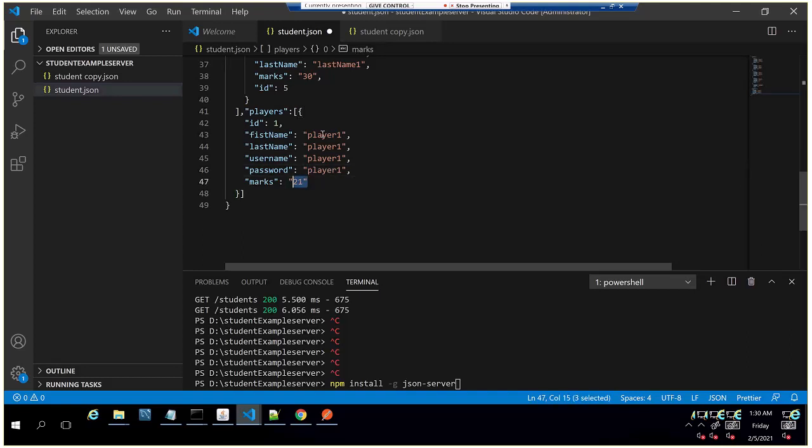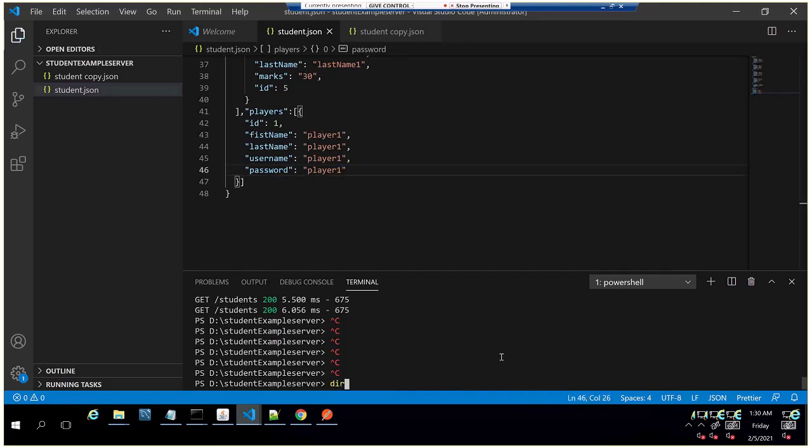Now, to start the JSON server, the command is json-server --watch. It will watch the student.json file, and if there is any change, it will automatically reload that JSON file.